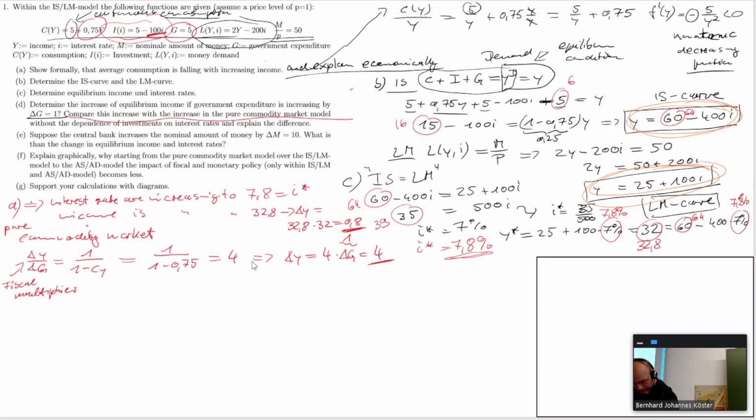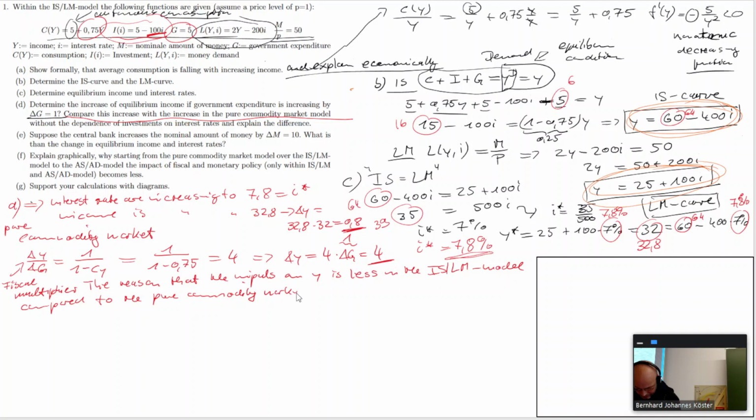So the reason that the impulse on Y is less in the ISLM model compared to the pure commodity market model is that due to the money market and the LM curve,